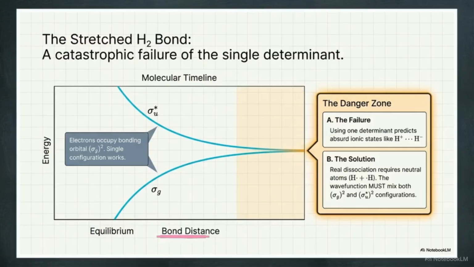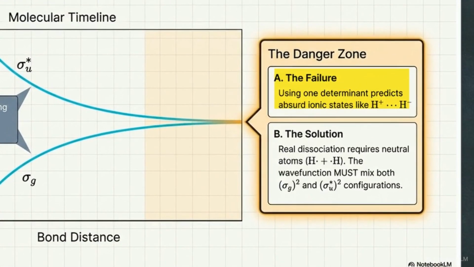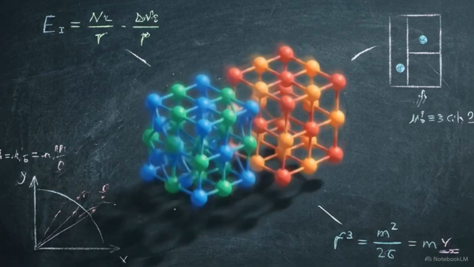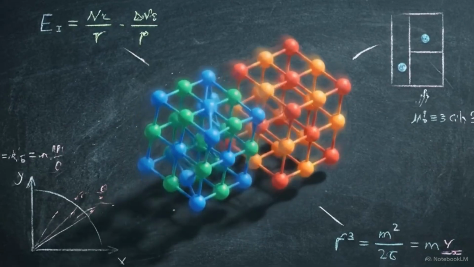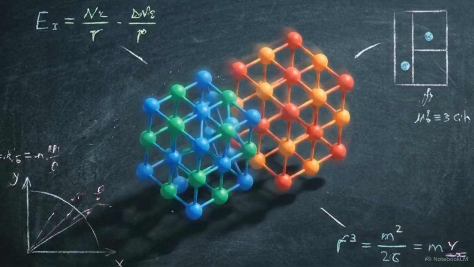This graph tracks the stretched H2 bond. Forcing a single determinant here enters the danger zone, predicting absurd ionic dissociation into H+ and H-. Physical reality demands neutral hydrogen atoms, mathematically requiring us to mix both configurations equally. When molecular orbitals become nearly degenerate, forcing a single average picture creates physically impossible results. This requirement introduces static correlation, the condition where a molecule exists as multiple, competing electronic arrangements simultaneously from the very